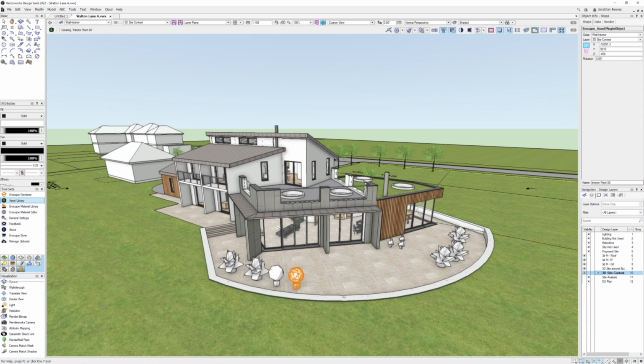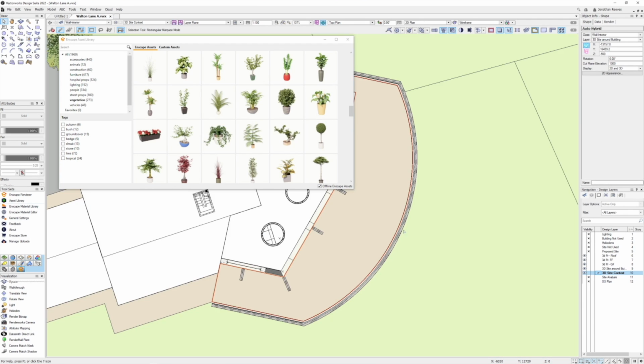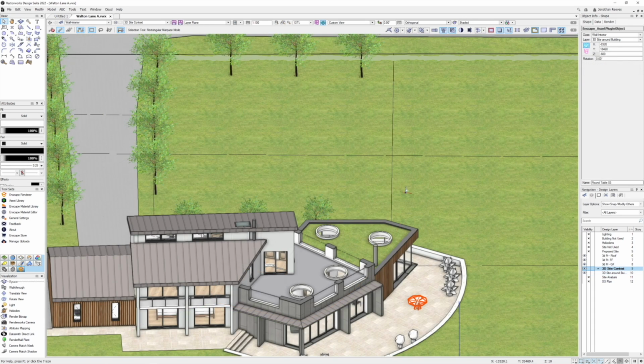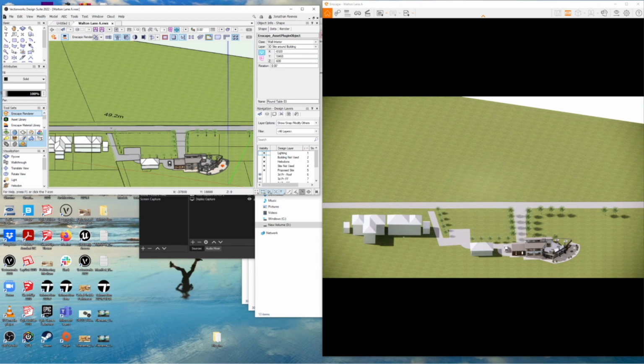Let's just add a few more. Okay, so we'll just go back to the library. Once you've loaded it in, it's pretty quick to access, and we'll just scroll through and add a few more items here. Brilliant, so we've added a few new items to our model using the Enscape Asset Library. Basically just going to go in and synchronize my view one more time,